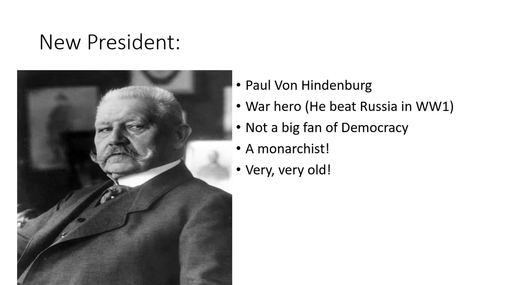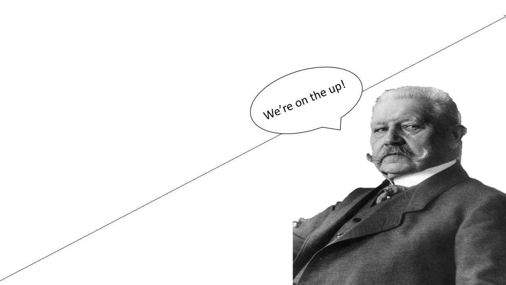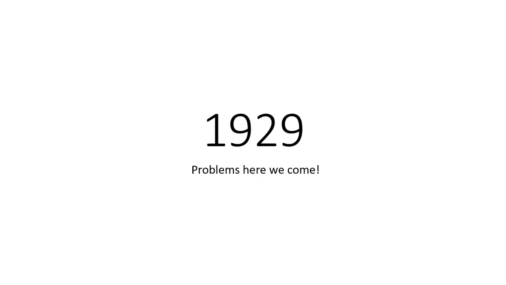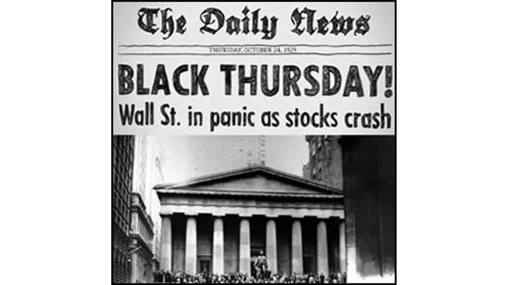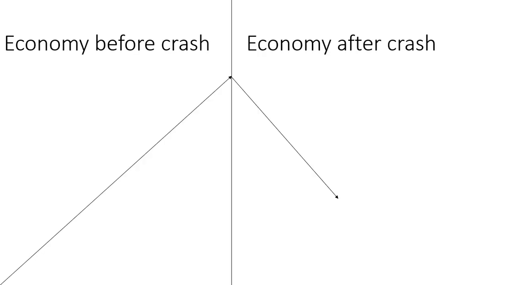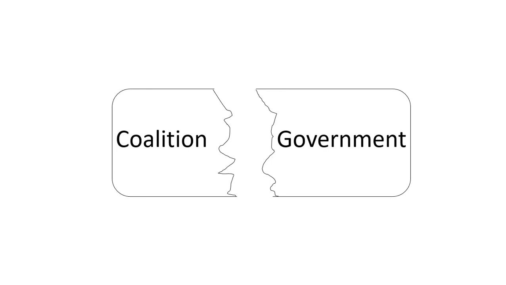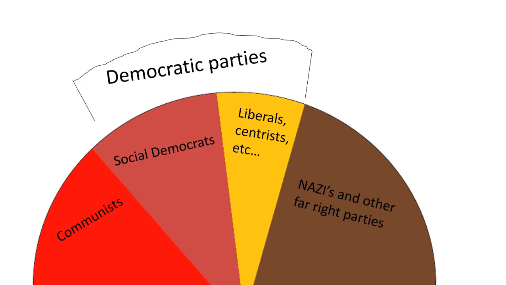This guy was also very old. Seriously, he was 77 at his first inauguration, for Christ's sake. To be fair to Hindenburg, for the first few years he did respect the Constitution, and the country continued to prosper. But then 1929 rolled around, Stresemann died, and then the American stock market crashed, causing America to pull all its money out of Germany, thus throwing it into another financial crisis. Just to top things off, the current coalition government broke down, and Hindenburg had to call for a new election in 1930. This did not go well, and now the Nazis and the Communists had a major voice in Parliament.